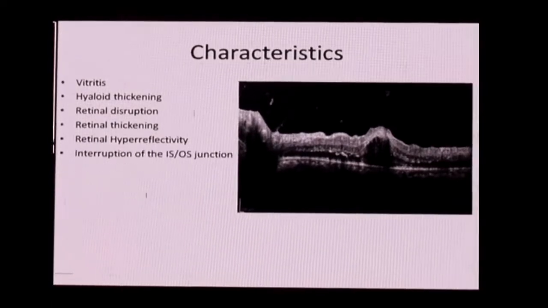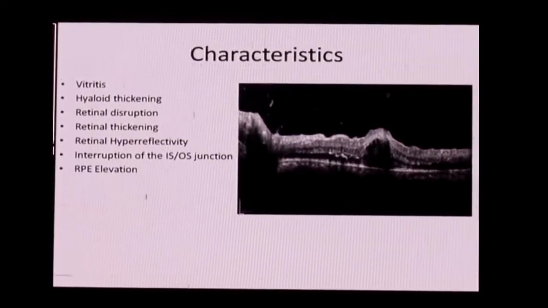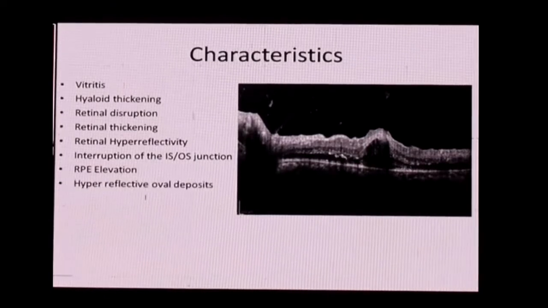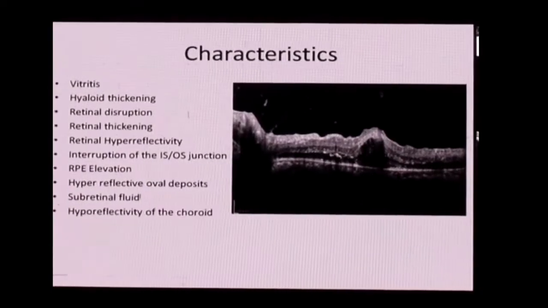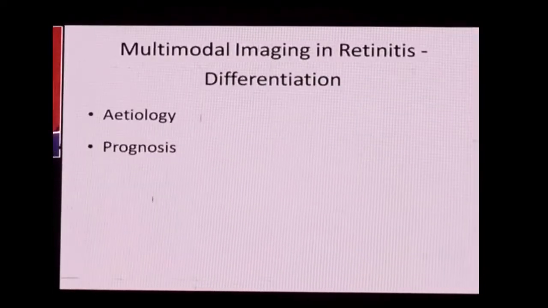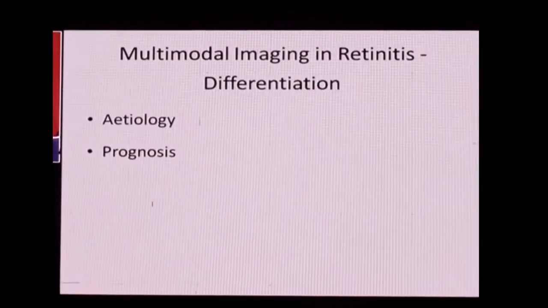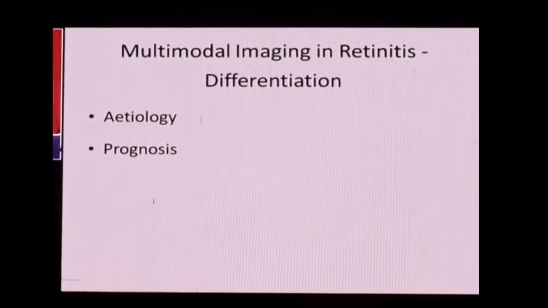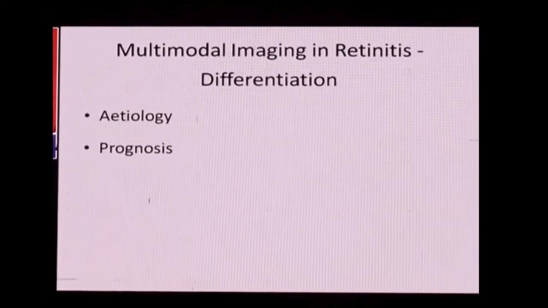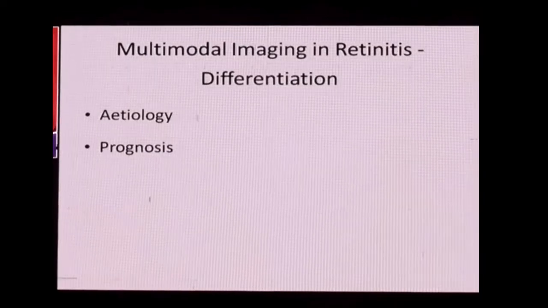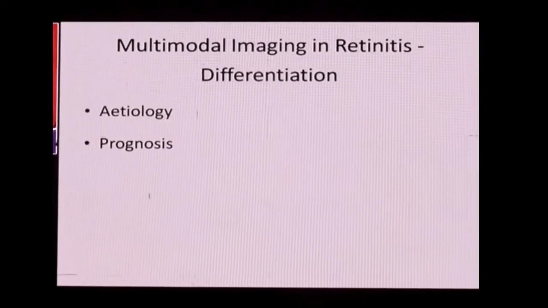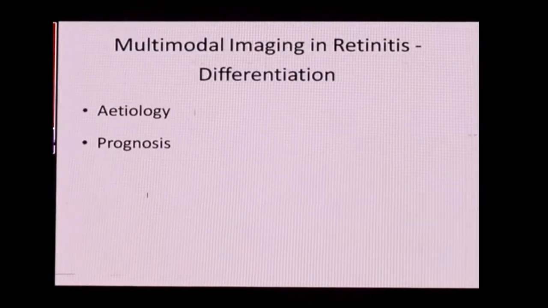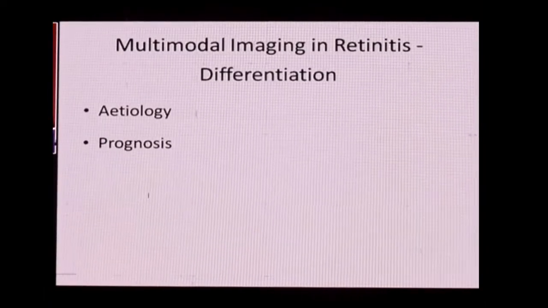There are lots: retinal hyperreflectivity, interruption of the ellipsoid zone, RPE elevation, hyperreflective oval dots, subretinal fluid, hyperreflectivity of the choroid. Now, are these parameters going to help us in identifying retinitis? So when we are looking at differentiation, what are we looking at? Are we planning to look at certain biomarkers which would be able to tell us the etiology? Are we planning to look at certain indicators which would also give us the prognosis of that particular case of